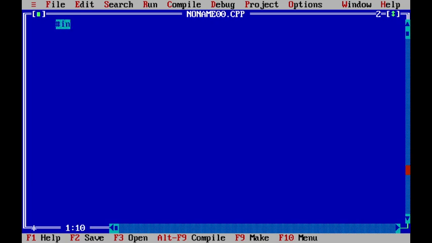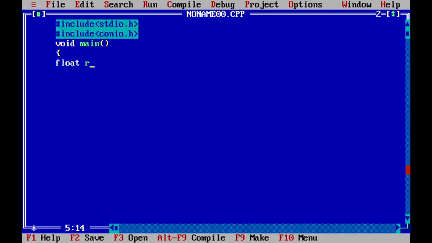First we want to include stdio.h, then we want to define variables, say float.